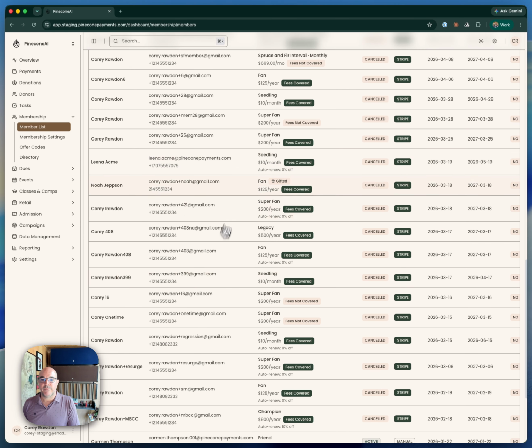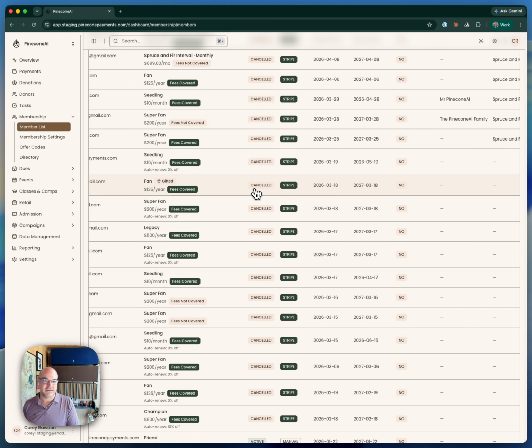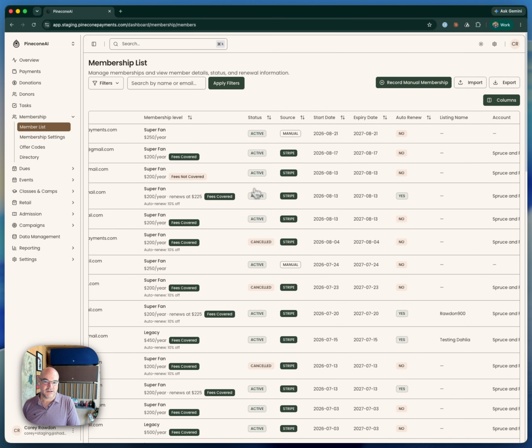You're also able to see if a membership has been gifted. For example, here, I see that this donor has had a membership gifted by this purchasing member. I can see that the membership tier is at a fan level, and I'm able to see the gifting member. So this individual at the donor level has been gifted a membership by this gifted member detail. I can see that the status of this is canceled, but you're also able to see any active and expired